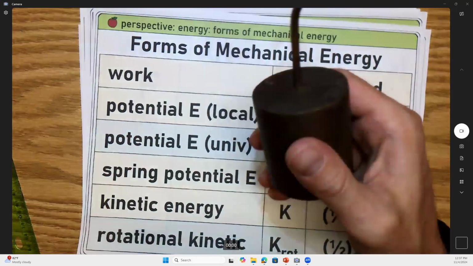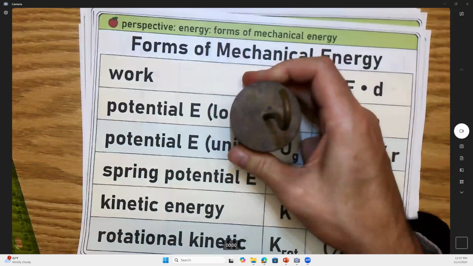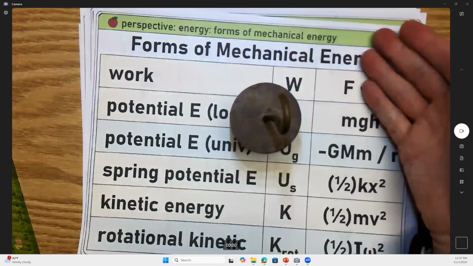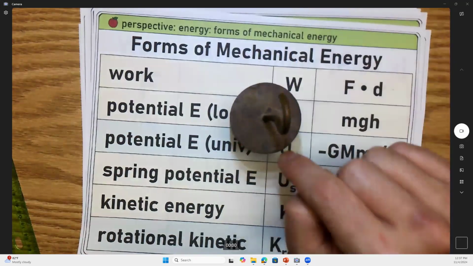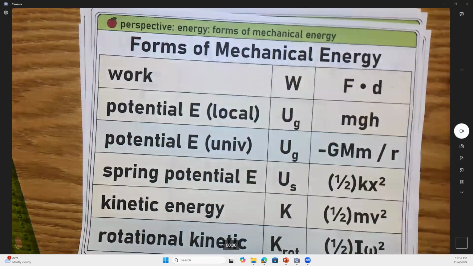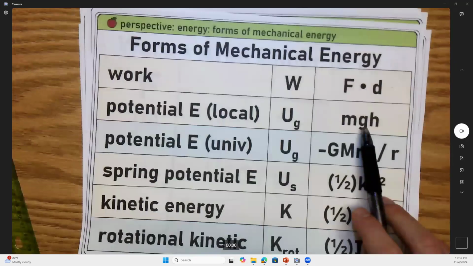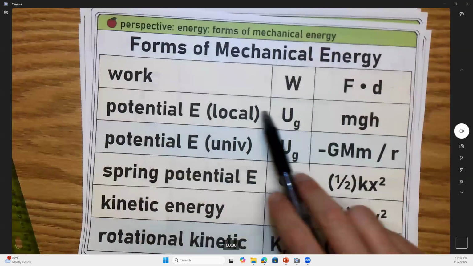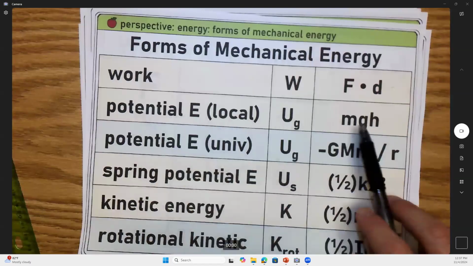It took 10 joules to lift it, set it on the edge of the table, and then it falls and crashes on the floor, also with 10 joules. So while it was sitting at the edge of the table, that 10 joules has something to do with its weight, but also its height above the floor. It's the same as the work I did lifting it in the first place. Weight times height, which is exactly what this is, and that's called potential energy, gravitational potential energy.